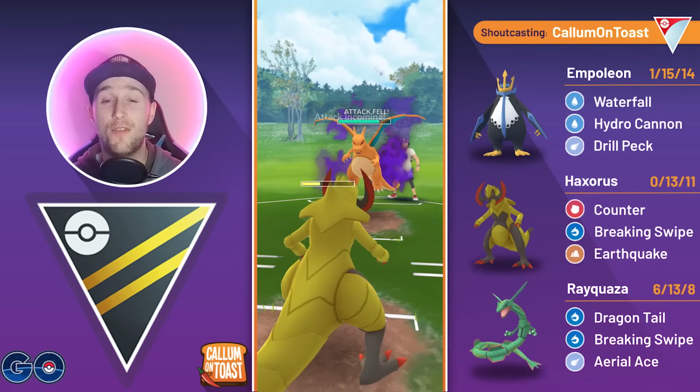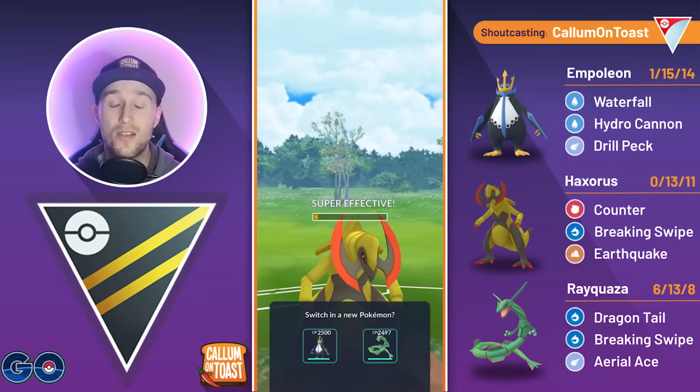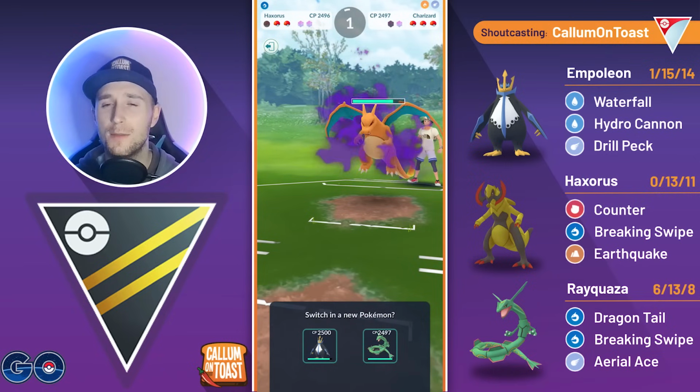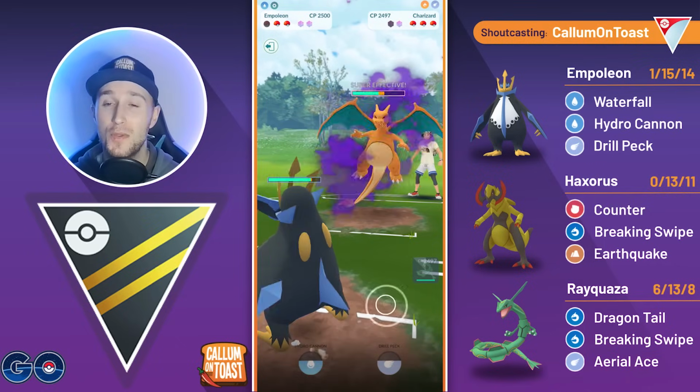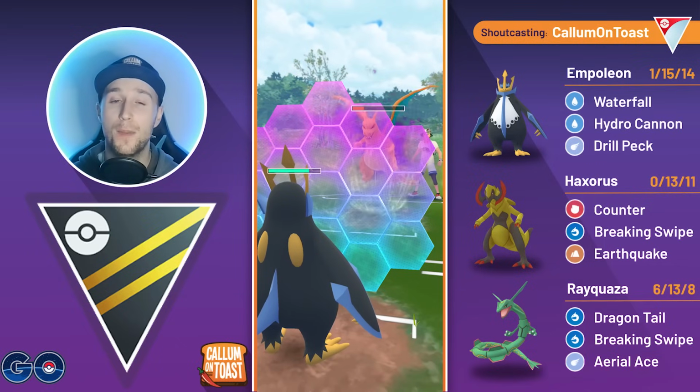We could of course be running Surf, so that is probably why the opponent does shield there. We're going to let the Dragon Claw go through. It was a CMP tie. They are now debuffed, but I probably should be shielding a Blast Burn anyway, so we come back in with the Empoleon. We're going for the Waterfall farm down, but they do make it to a Blast Burn before we do get that full farm down,